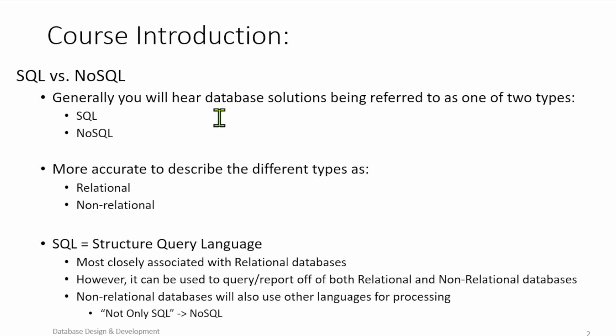We start with the course introduction, and we remember we introduced the idea of SQL versus NoSQL, and these are the main two types. There's other stuff out there, but for the course, just worry about that. That kind of broke down to the idea of relational versus non-relational. So we use SQL, structured query language, in relational databases, which is what this class is based off of. And honestly, it's what the majority of databases you're going to see out in the wild are, especially if you're a business user or just an IT guy. Non-relational databases use other languages of processing, and NoSQL stands for not only SQL. You may sometimes use SQL for that, but